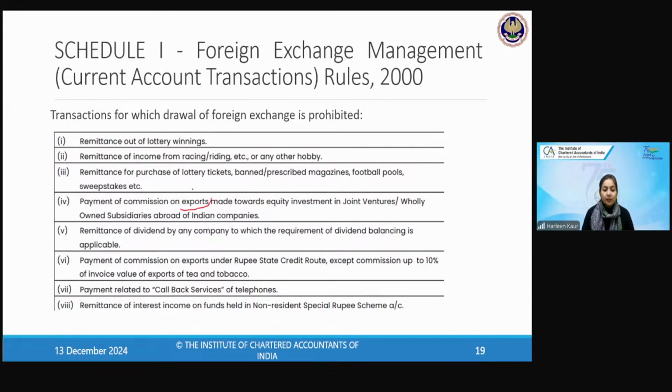First of all, you are doing exports outside India. There is a company ABC Limited in India and there is a company that they have opened up in USA, that is DEF Limited. Now ABC Limited wants to make DEF Limited their subsidiary. Making it their subsidiary means more than 50% of the share capital shall be held by ABC Limited. That is correct. Now it can either be a joint venture that they're having or a wholly owned subsidiary of the Indian company. It means the Indian company ABC Limited is having a joint venture or a wholly owned subsidiary outside India.